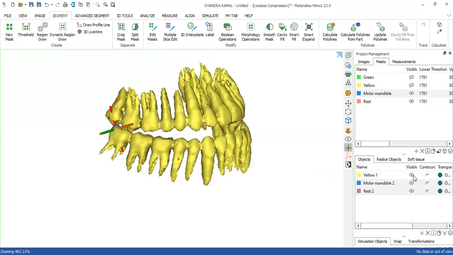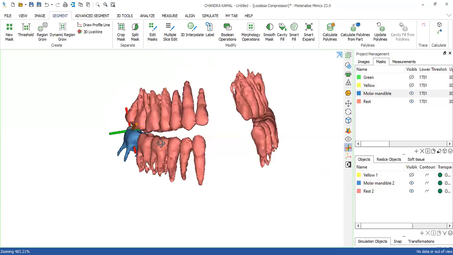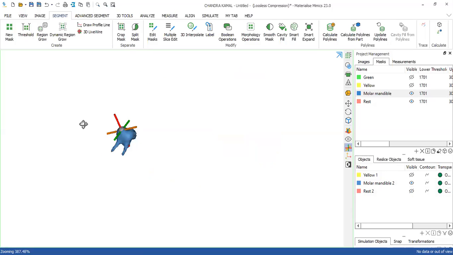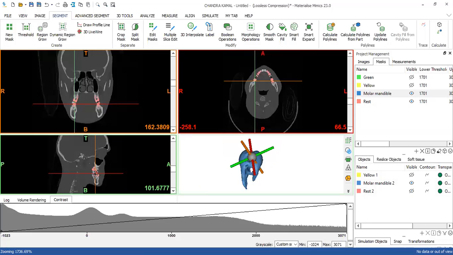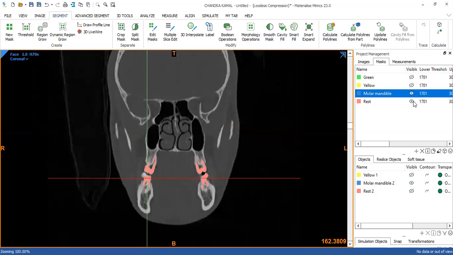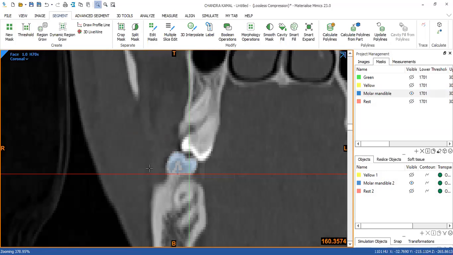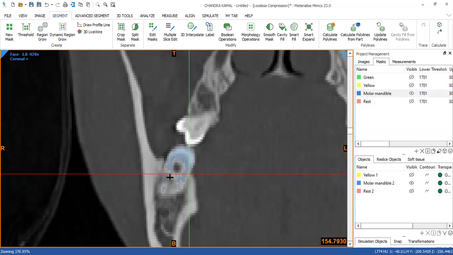So this is how it looks like, right? Close the thing. I'm now going to complete the tooth. So again, completing the tooth is again multi-slice edit. I'm going to zoom in on this view, how it is. Understand.